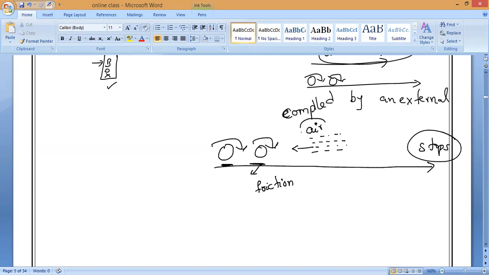Gravitational force, air resistance also. Understand, Hari? So this air resistance as well as the gravitational force, and the friction exerted by the ground, that is the external force we can say. This external force only makes the ball stop after traveling a certain distance.